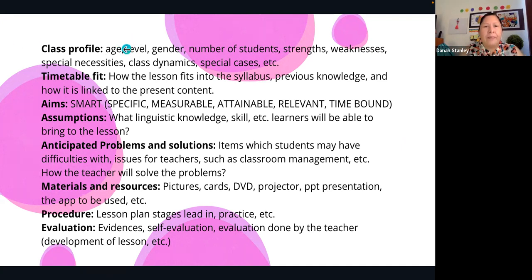The level, the gender, because the gender influences the motivation and the interest. The number of students, because based on that, you are going to plan some activities, some management of the class, to have the control of your class, the strengths, the weaknesses, which I consider these are two very important elements,